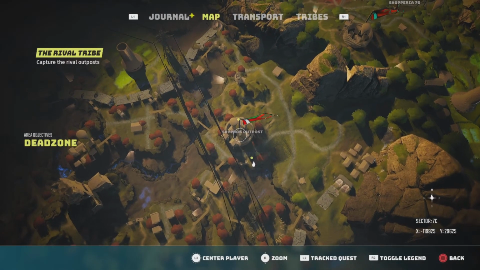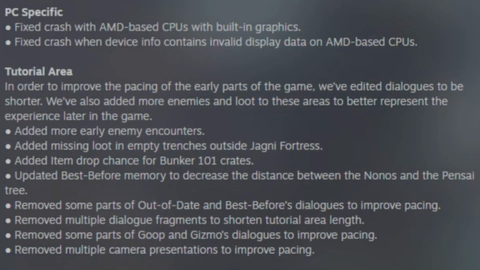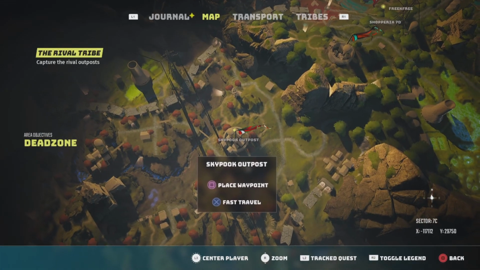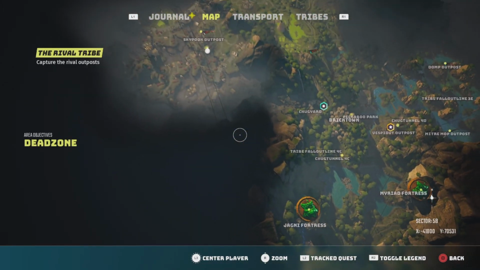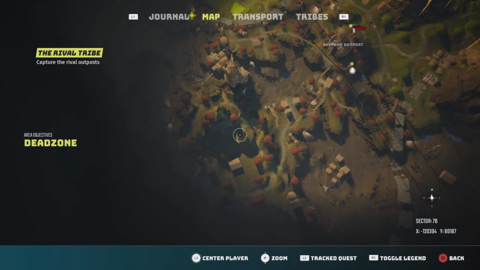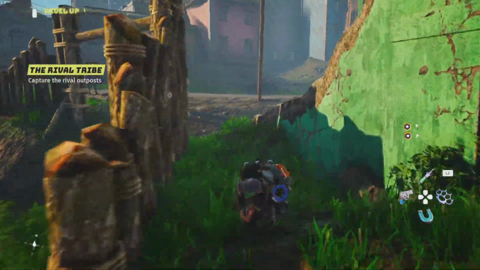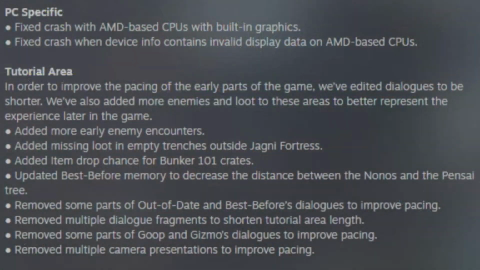They've added more early enemy encounters, added missing loot in empty trenches outside of Jengai Fortress, added item drop chances for Bunker 101 crates, updated Best Before memory to decrease the distance between the nanos and the Pie Size tree, remove some parts out of date and Best Before dialogues to improve pacing, remove multiple dialogue fragments to shorten tutorial area length. Remove some parts of Goop and Gizmo dialogue to improve pacing, and remove multiple camera presentations to improve